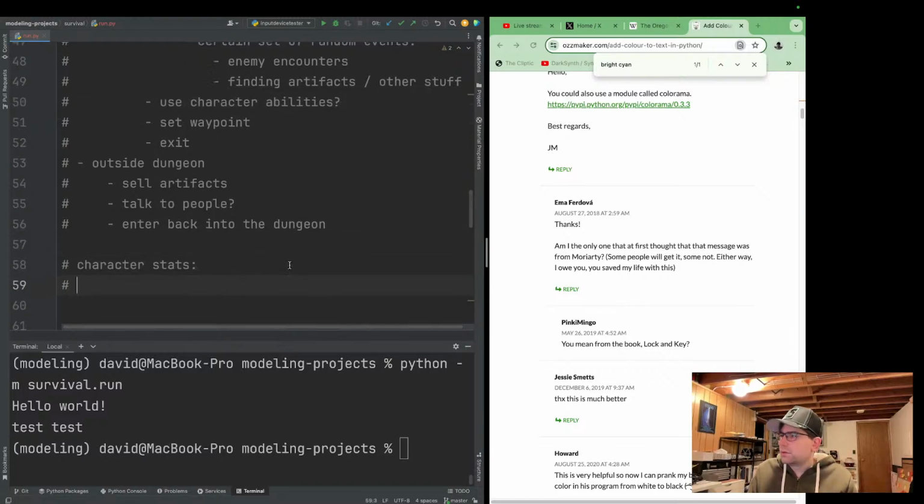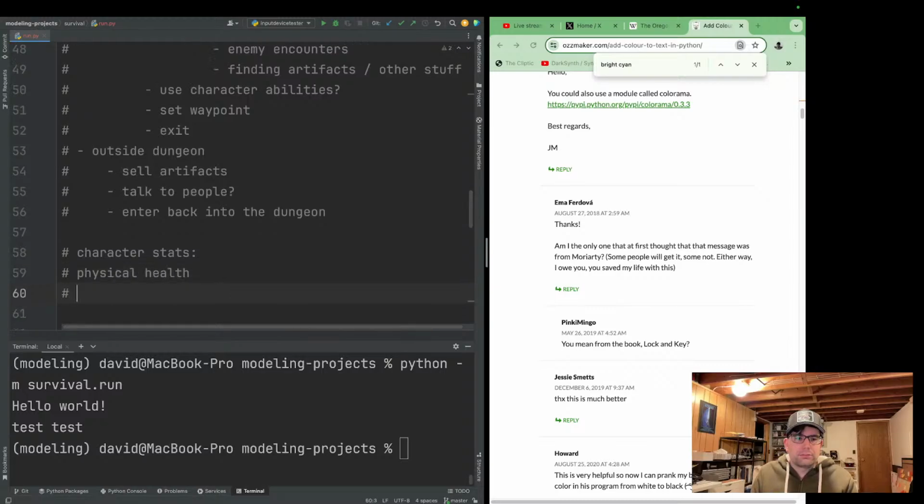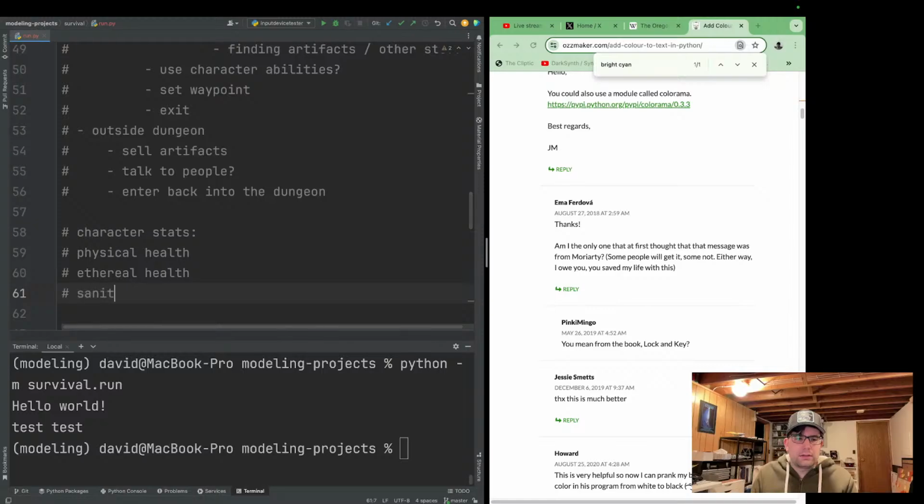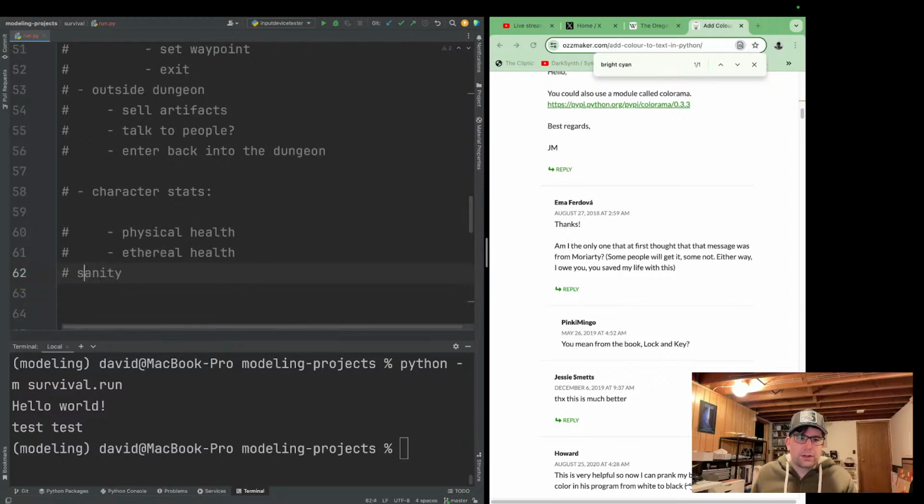But I'm thinking that there should be a physical health, ethereal health, and a sanity. And yeah, they don't necessarily have a min or max, just those three numbers.